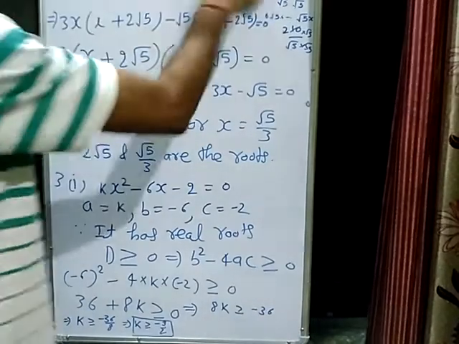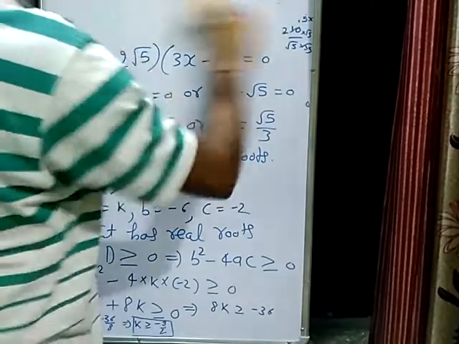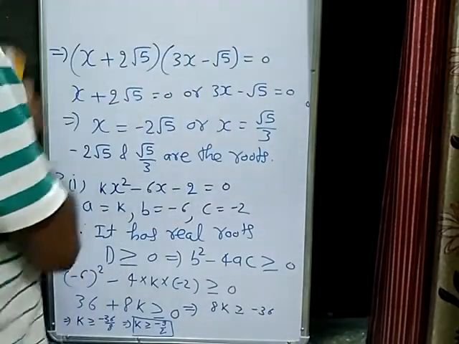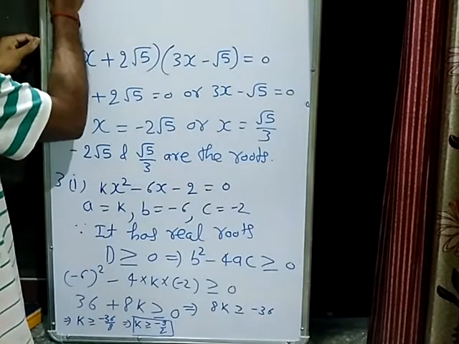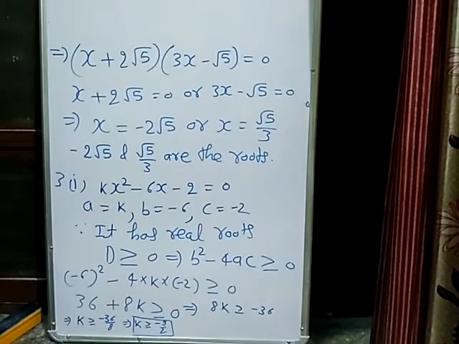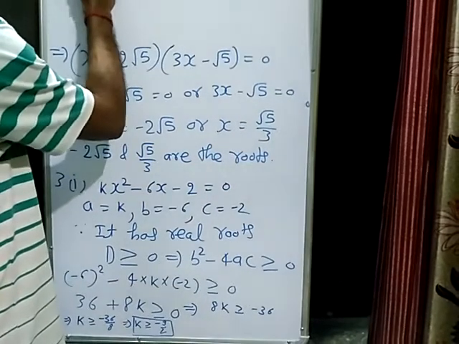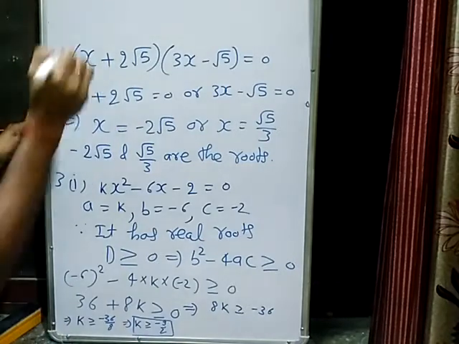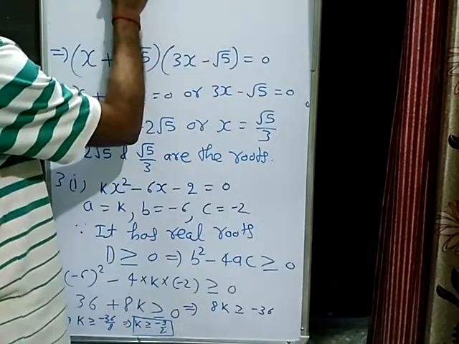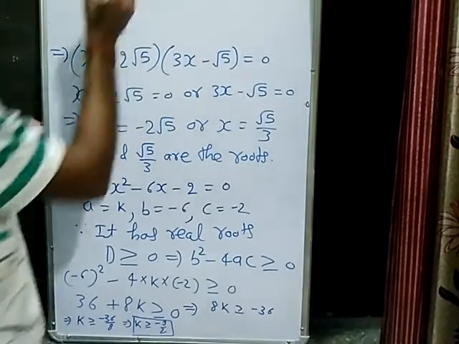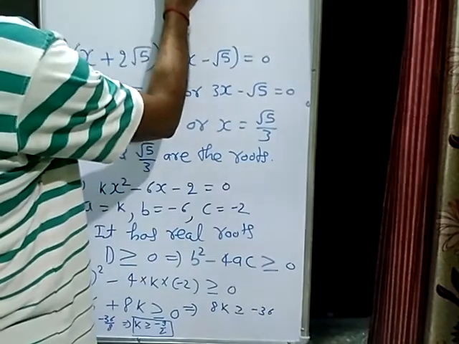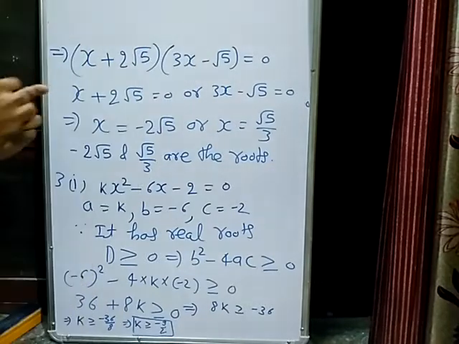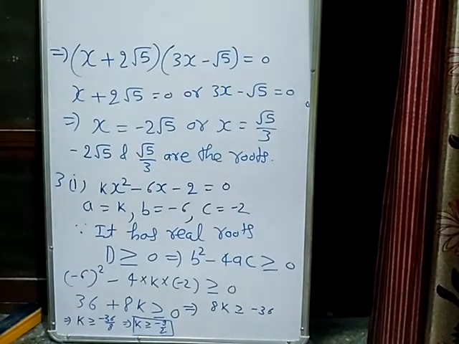Okay, and now the second part. So students, many of you have made a mistake in its second part. So look at it carefully. What is the second part of that question? You made a mistake only in the last step. How do you evaluate it? It is given x square plus 5kx plus 16 is equal to 0. So we need to find the value of k for which it has no real root.